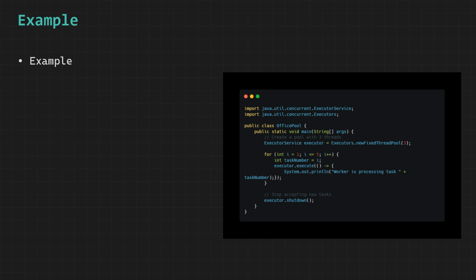We call executor.shutdown after the loop, which signals to the executor service that no new tasks will be submitted and it should gracefully finish executing all the currently submitted tasks and then release all the worker threads and clean up all resources associated with the thread pool.